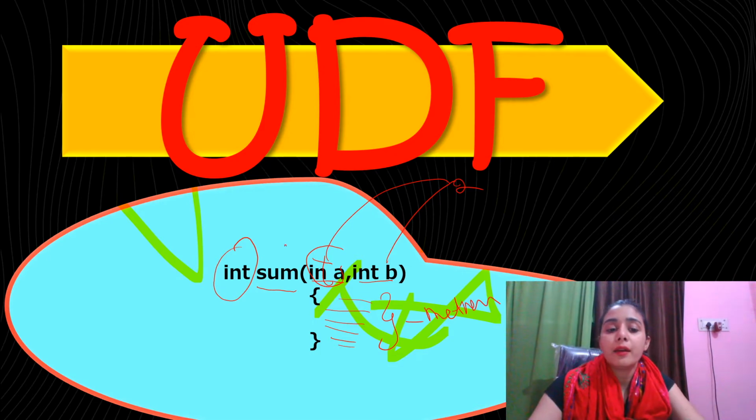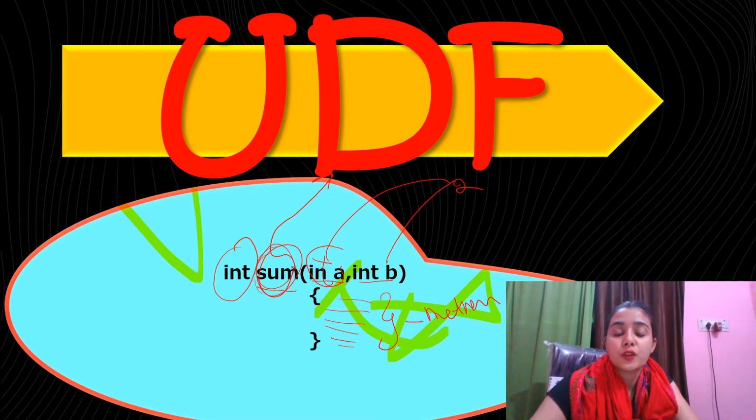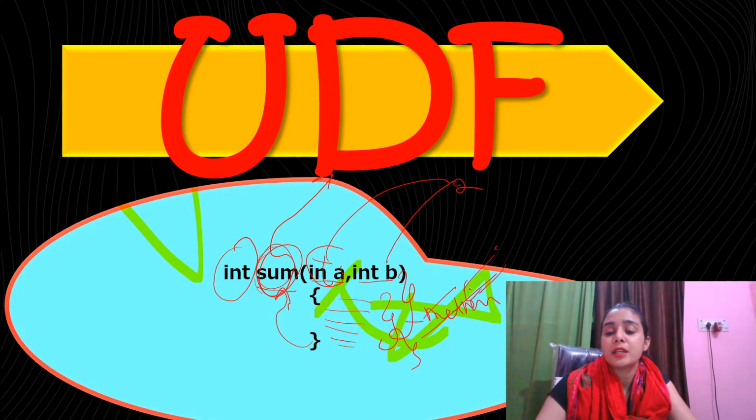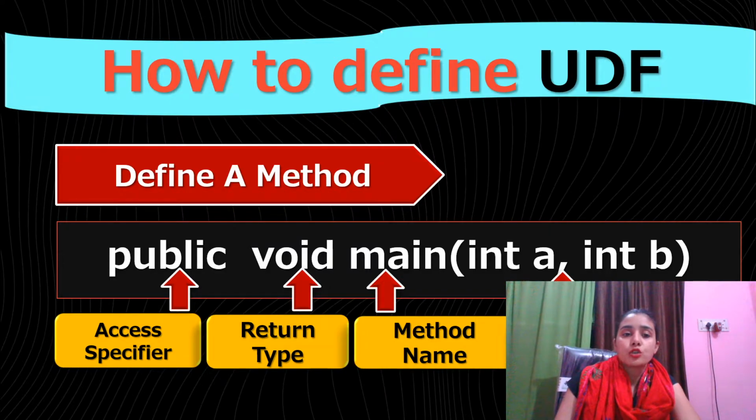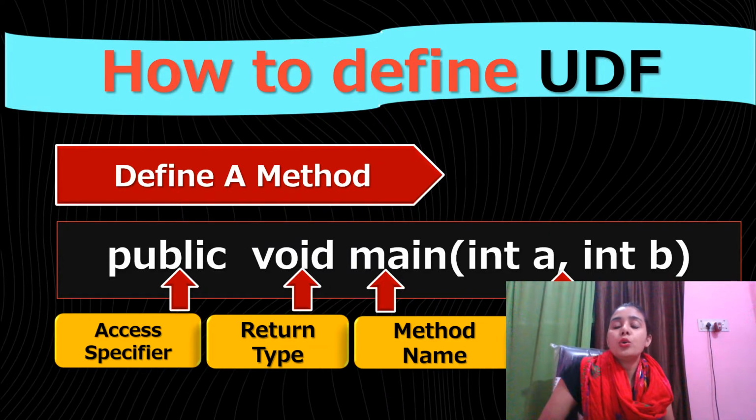Okay, so I have given the name. This is a user defined function. There is no such function in Java; I have given my own name, and now this function behaves according to whatever I have written inside it, whatever I want to do with this function. This is called a user defined function. Fine. So moving to the next, that is how to define a UDF.